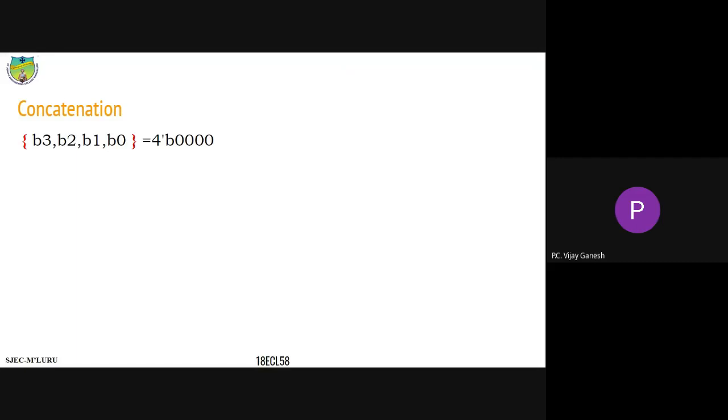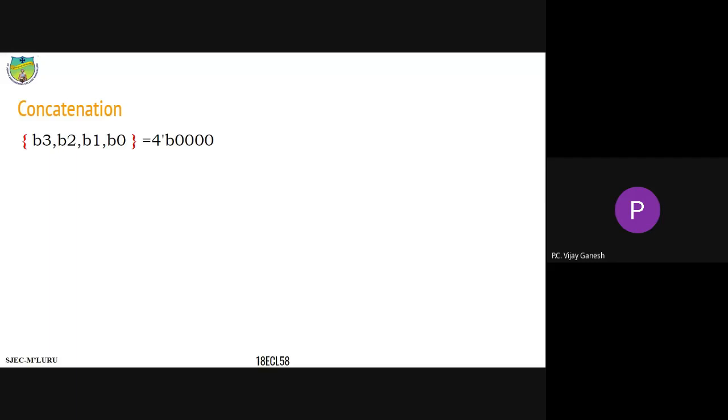Till now, when writing a test bench, if I want to change the value of B0, we used to write #5 B0 = 1'b0. Then after 5 time units, we write #5 B1 = 1'b0. Similarly, we kept doing that. Since the number of bits is increasing, the number of lines also increases. To avoid this, we are going to take advantage of one of the available techniques in Verilog, which is concatenation of bits.